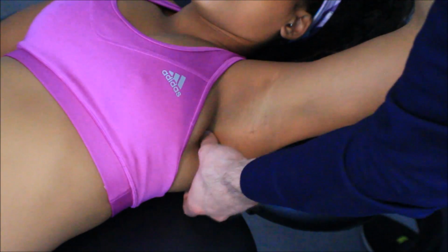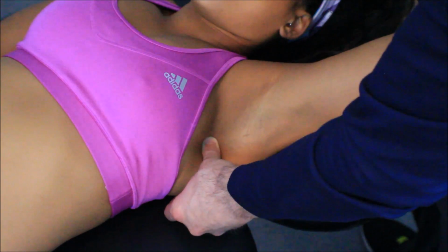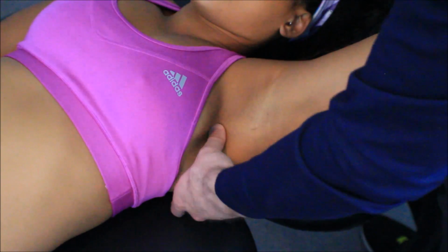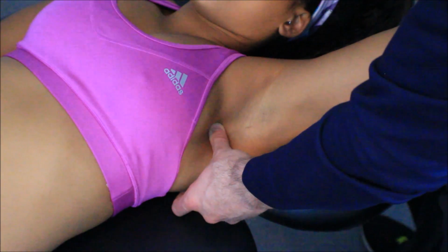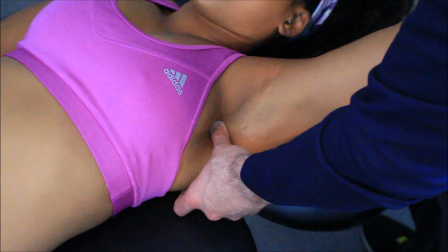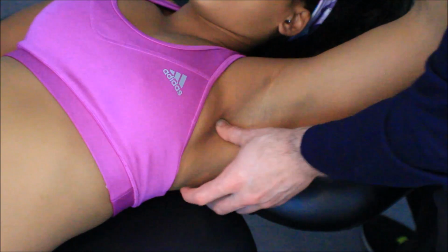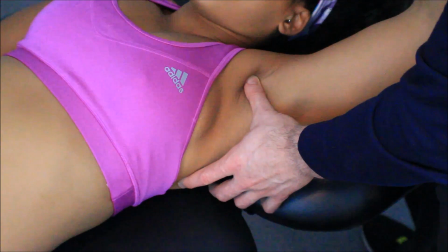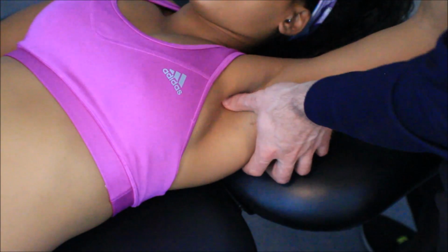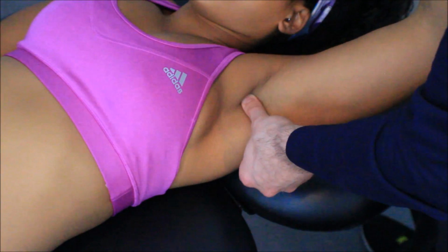Starting again at the rib cage, pressing down, I'm going to use those caudal to cranial short strokes to investigate which fascicles of the subscapularis are the most dense, seem overactive, seem to give up a bit more resistance. And I can feel some right there, which doesn't surprise me because, as we explained in the earlier video, from inferior angle to glenoid fossa, about halfway between is a common site for a trigger point in the subscapularis, and then there's another one in the superior fibers of the subscapularis, deep inner armpit, close to her